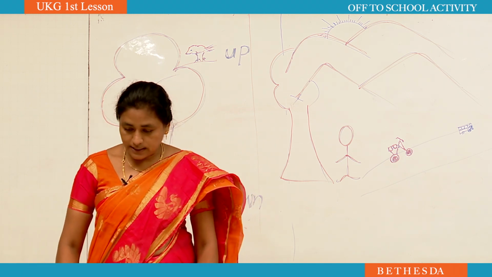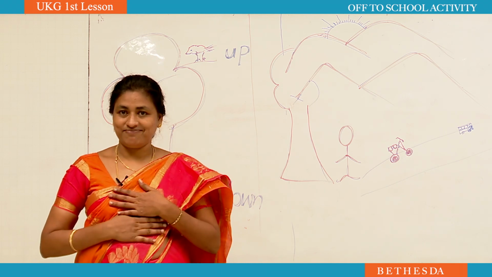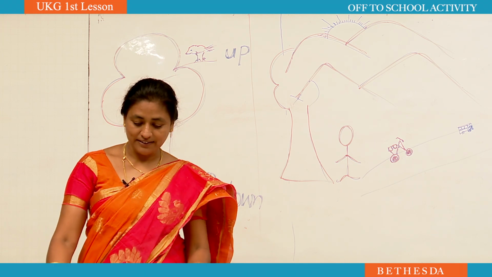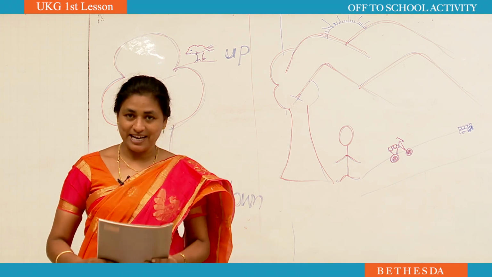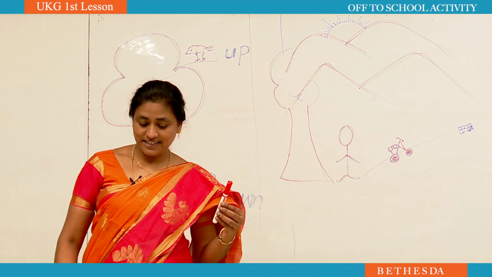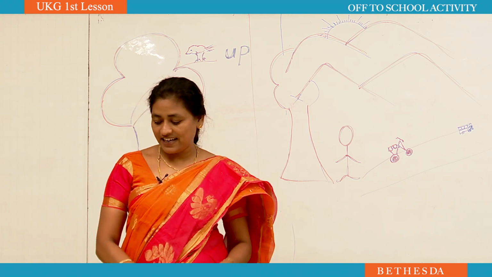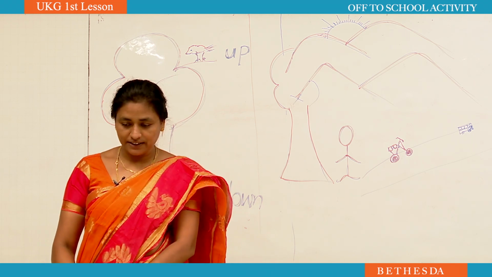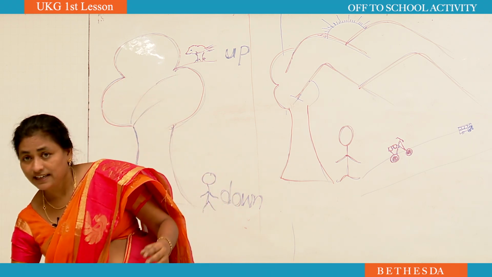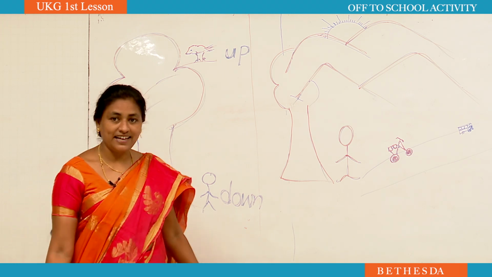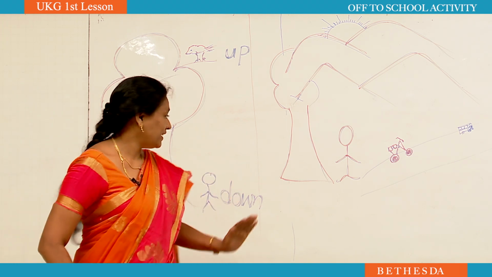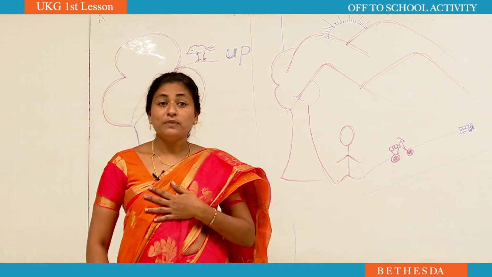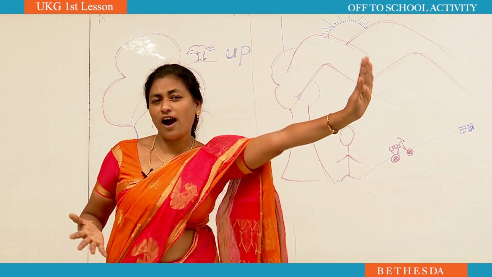Suppose this table is near to me. What are the things which are near? Can you say me, Nana? Yes, this book is near to me. Pen is near. Duster is near. What more, Nana? The pens are near. And I can see the chair. The chair is near. Even the whiteboard is near to me. Okay, fine. Now, what are the far?